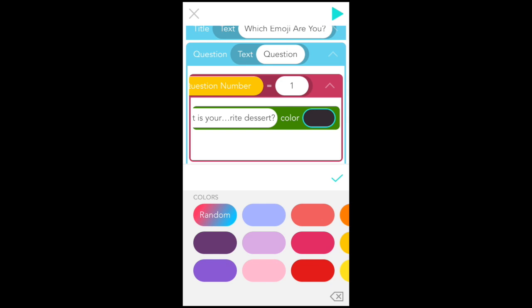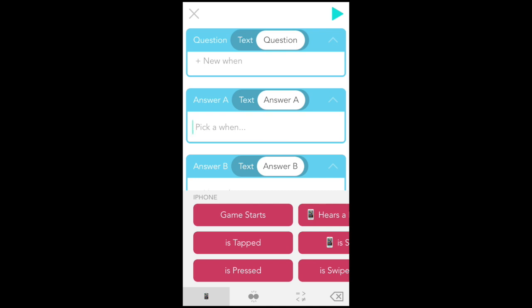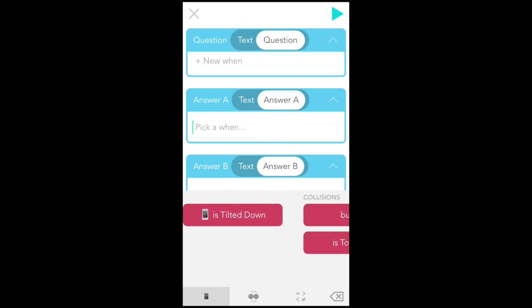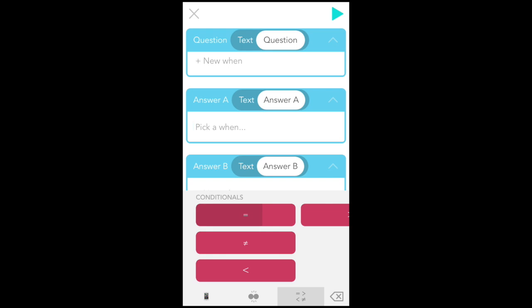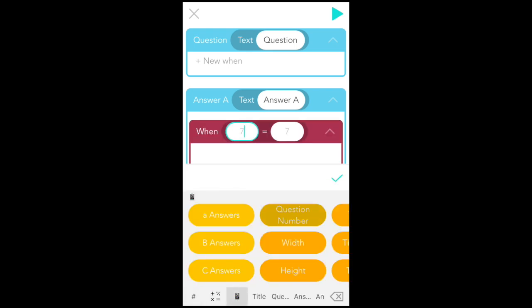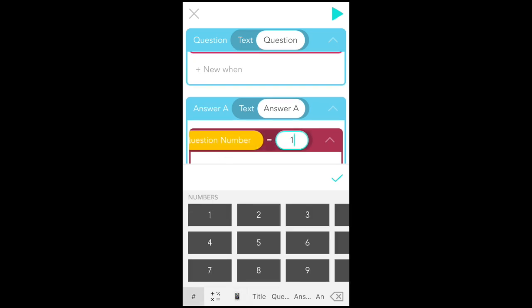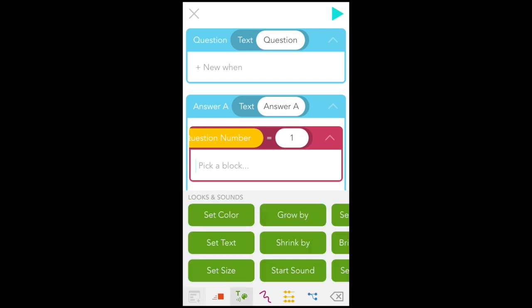Press check. And now the next step is to show the answers to question 1 when question number equals 1. So let's scroll down to answer A, tap plus new when, and if we scroll all the way to the right in our magenta whens menu, select equals from the Conditionals tab, and again let's have when question number equals 1. So type in 1, press check,